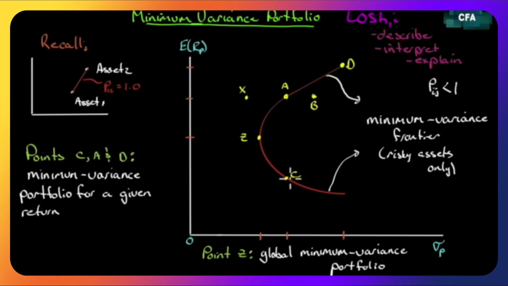In other words, at this level of return, we can't do better on variance than here. Sure, we could be out here, but for the same return, we're taking on more risk. What we'd like to do is get the same return that C is offering over here, but with less risk down here. We can't. That's why on this line, it's the minimum variance we're going to get. So that's the minimum variance frontier. Everything inside here is inefficient. Everything outside here is simply unattainable.